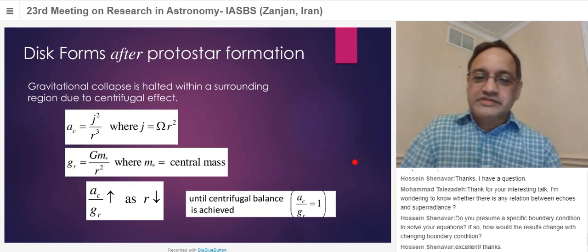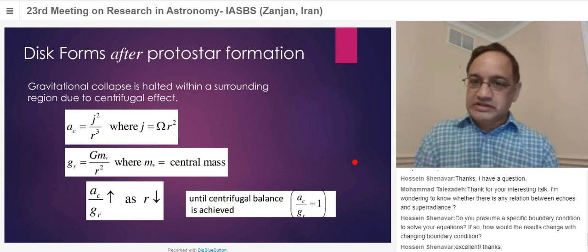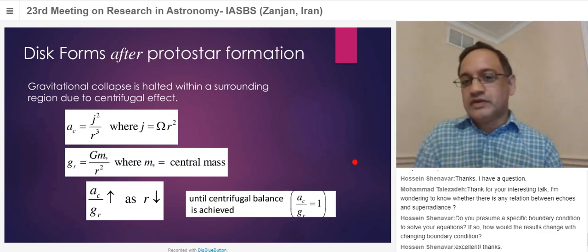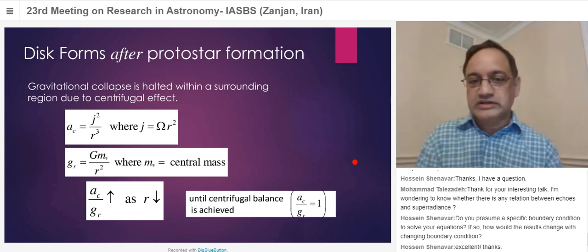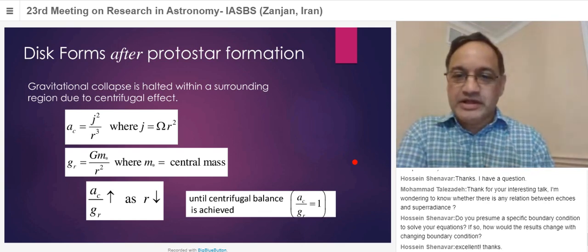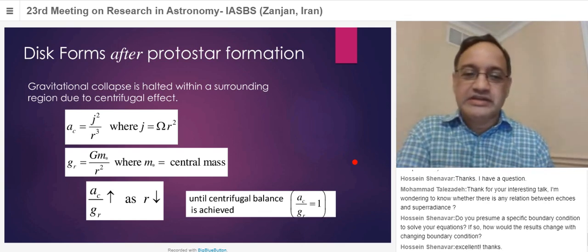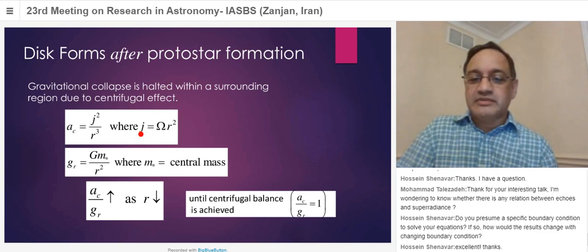Now, a very important physics point is that you don't actually expect to see a protostellar disk until you already have a protostar. That's the sequence. You can't have disk and then star, because you can show with a back-of-the-envelope calculation, as I've got on the slide here, that if you're following a Lagrangian fluid element and angular momentum is conserved, the specific angular momentum